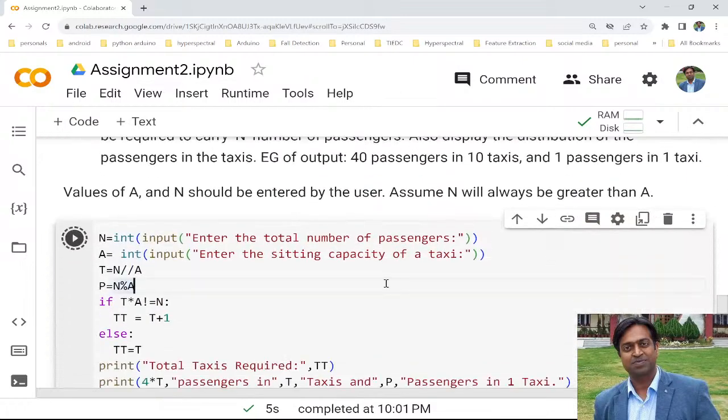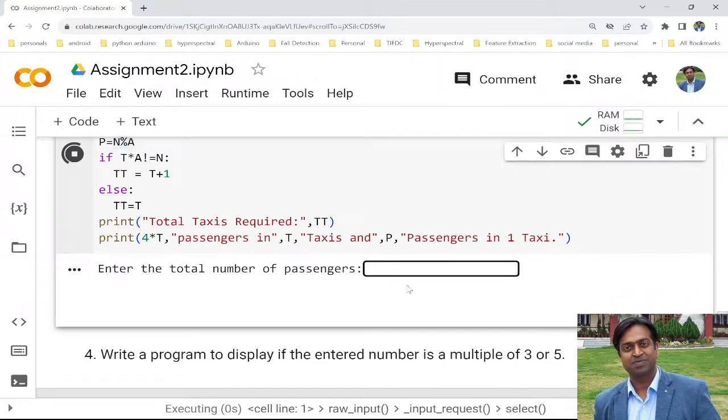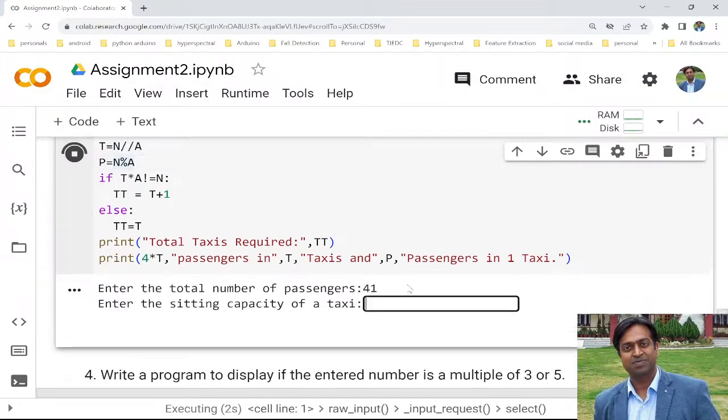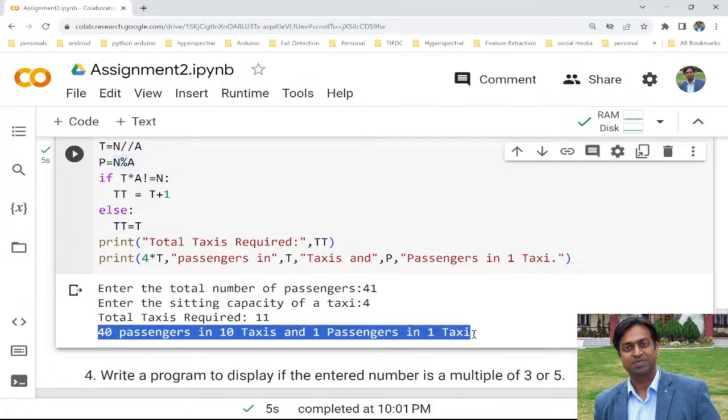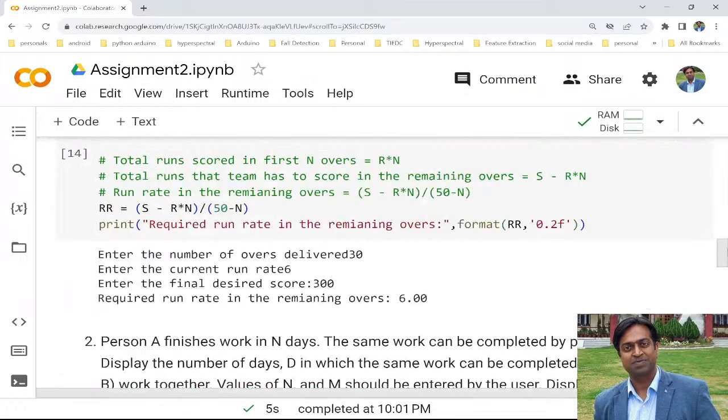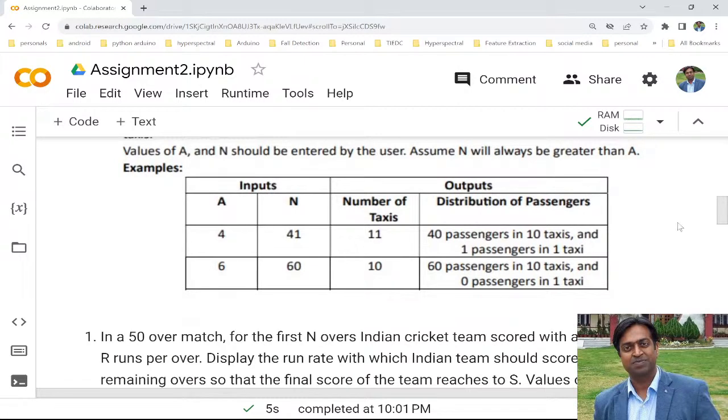So if I execute this, 41 with capacity 4, you can see total 11 taxis: 10 taxis with 4 passengers each, 40 passengers, and 1 passenger in 1 taxi. Next is 60 with capacity 6. The answer should be 10 taxis with 60 passengers and 0 in 1 taxi. So